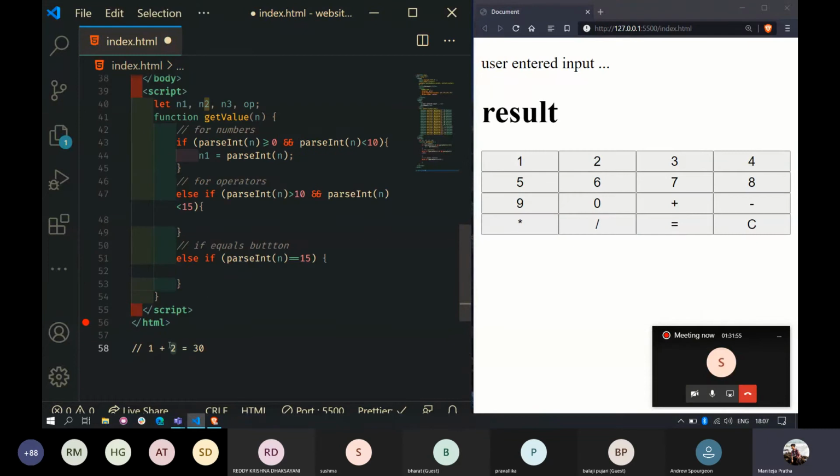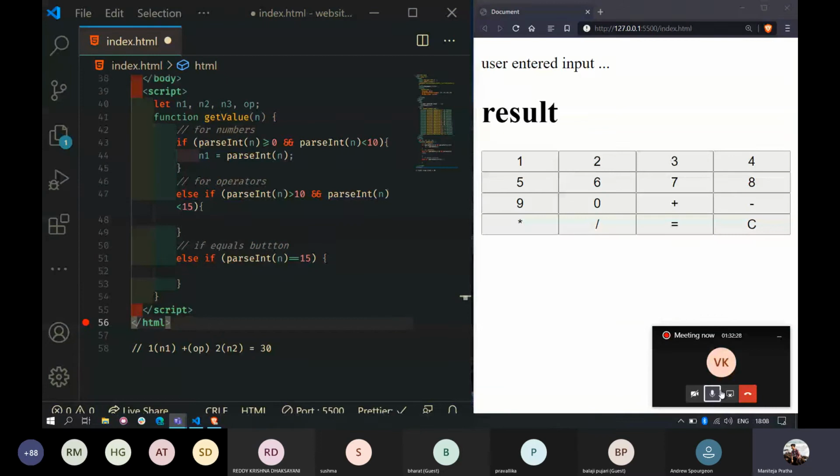So what I will do is store this 1 value in n1, this plus value in the OP variable, and this 2 value in the n2 variable.